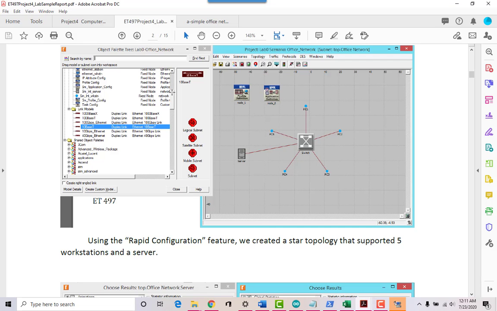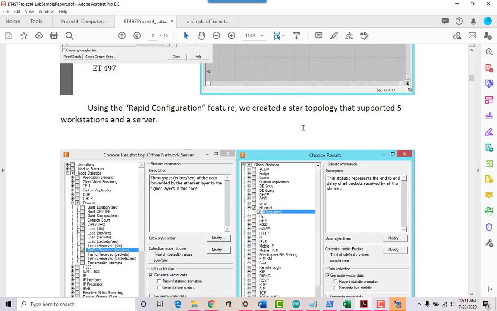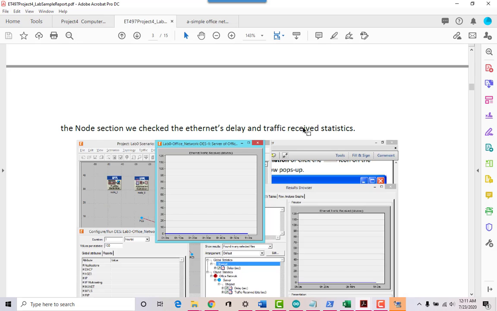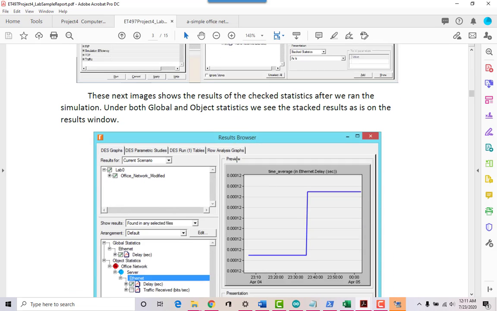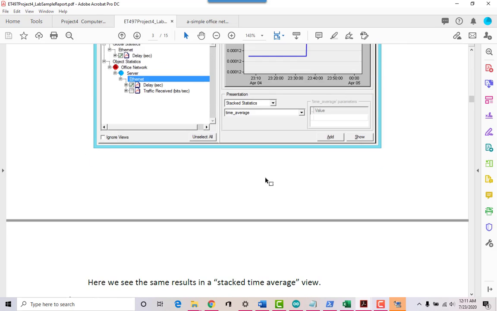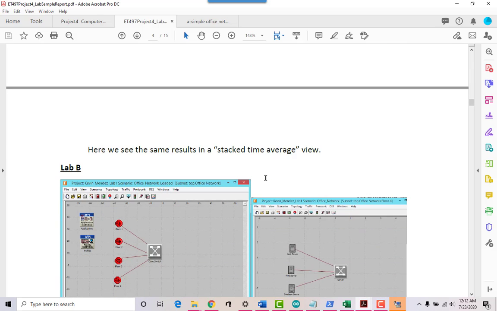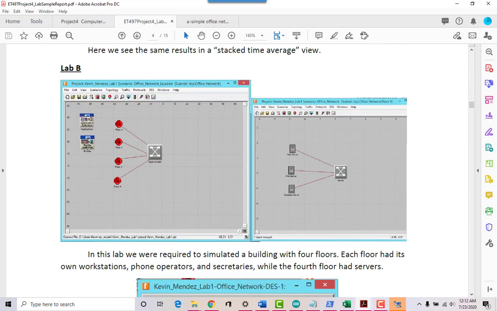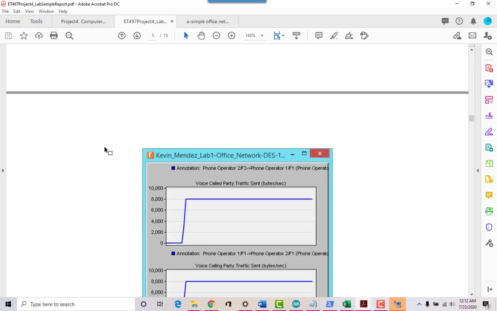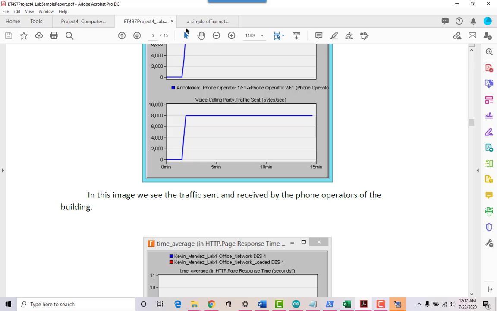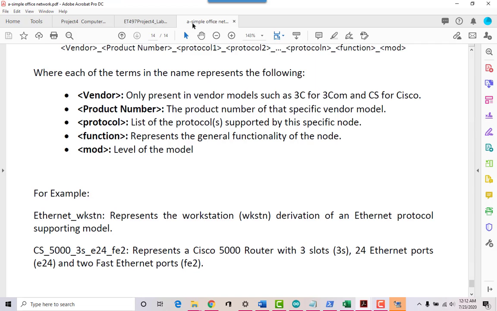Okay, so this person ran it and they did that. They got the configuration, and then they did the simulation, and you're gonna show me some items related to that, right? Then they went into lab B. So they picked also lab B and they did all the simulations. Right, so you do that. Okay.